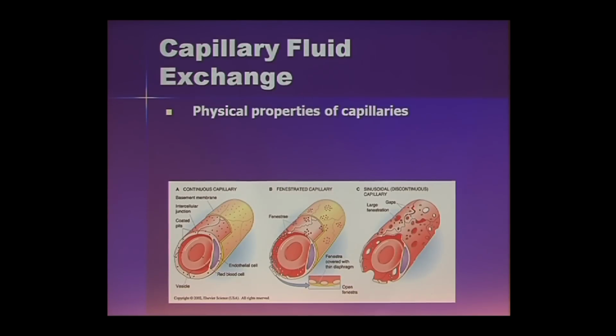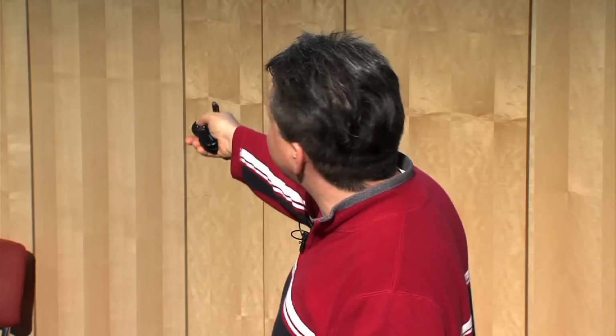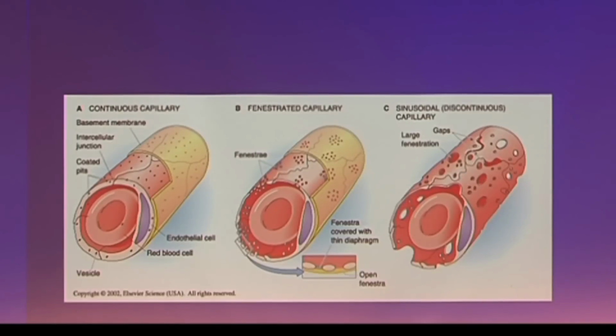So capillaries have interesting physical properties. I think Betty was probably telling you a little bit about it. There are generally 3 different types of capillaries. You have the continuous capillary, which is all of these endothelial cells. Capillaries only have endothelial cells in their wall and basement membrane, nothing else, so that the exchange can be done efficiently. So this is continuous capillary, just endothelial cells attached to each other. Brain would have this and some other things as well, in addition, to protect the blood-brain barrier.